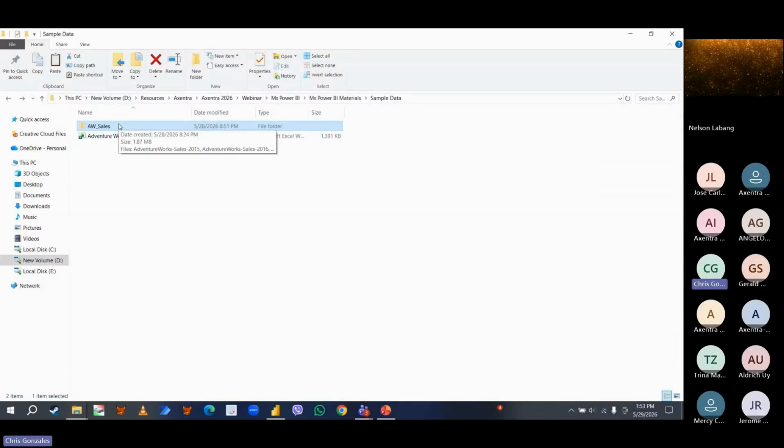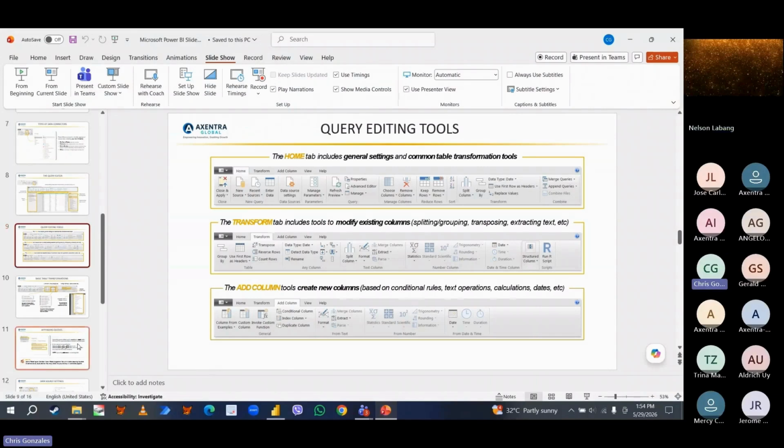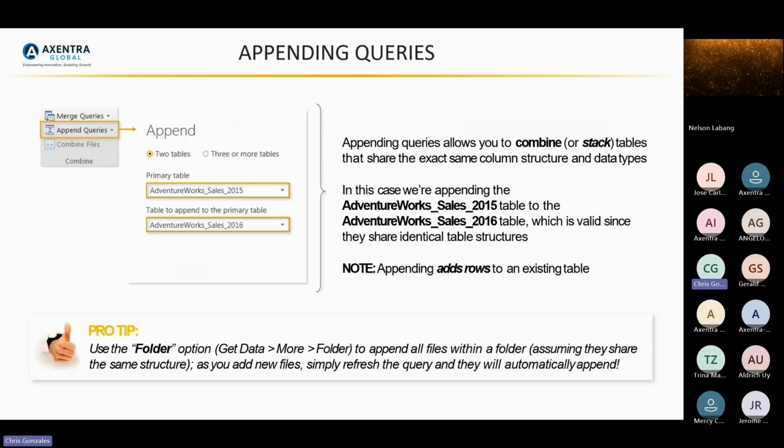And instead of importing the file one by one and then copy pasting the records in a single table, Power BI is capable of importing a folder and consolidating all records into one table without manually attaching each record in a single table. That process is basically what we call append queries.